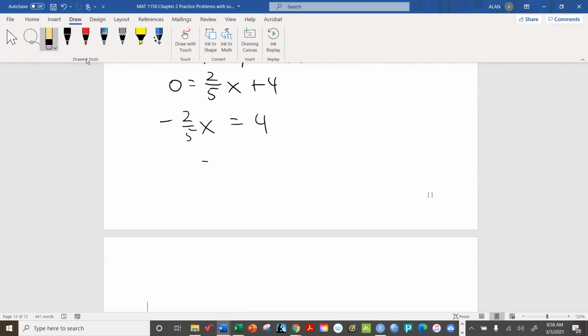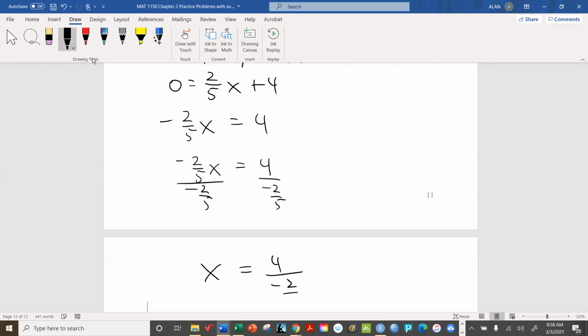Yes, go ahead. Just a quick question. Would that be the same as multiplying both sides by negative 5 over 2? Yes, it would, as a matter of fact. Okay, cool. We can do that instead if you want to. I just wanted to double check if they were the same thing. You're absolutely right. It is the same thing. In fact, we're going to see it in a minute anyway, because what's going to happen here is 4